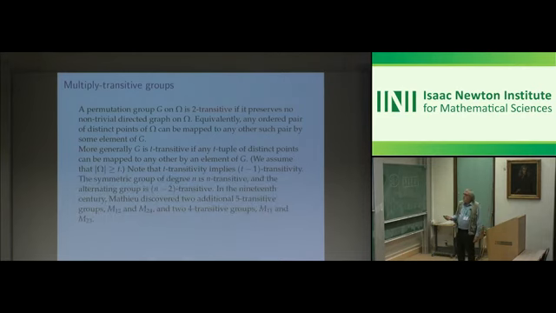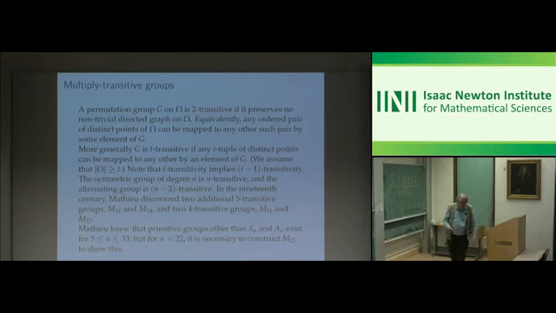So the symmetric group is n-transitive. The alternating group is (n-2)-transitive. You can put n-2 points anywhere you like, but you can't swap the last 2 around because that would be a transposition. Mathieu discovered 2 more 5-transitive groups and 2 more 4-transitive groups. These are the Mathieu groups. It's not clear how he found them, and he basically just said these permutations generate a group with these properties, and in the days before Magma and Gap it would have been quite an effort for one of his contemporaries to verify his assertions. I don't know how the paper was refereed, but